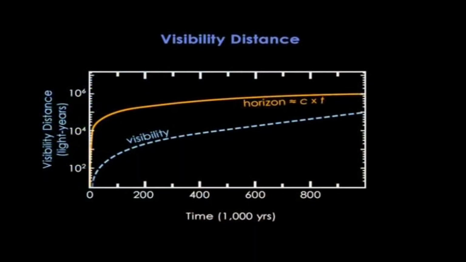If you can, then the universe is effectively transparent. If not, then it's effectively foggy. Well, here is the horizon distance. It's basically the cosmic age in light years, and it curves this funny way because the y-axis is exponential, but the x-axis is linear. At 100,000 years, for example, the visibility distance of 500 light years is less than 1% of the horizon distance. Now that's equivalent to just 30 yards visibility if you were standing on the seashore, so